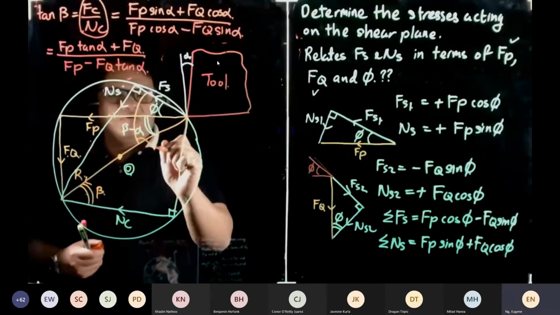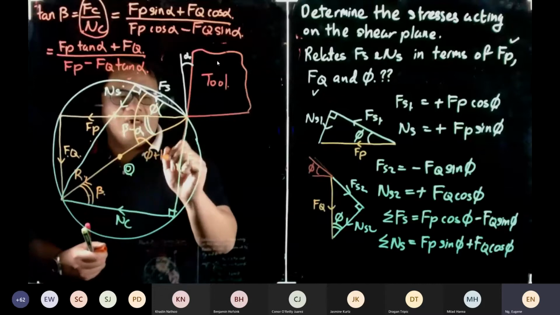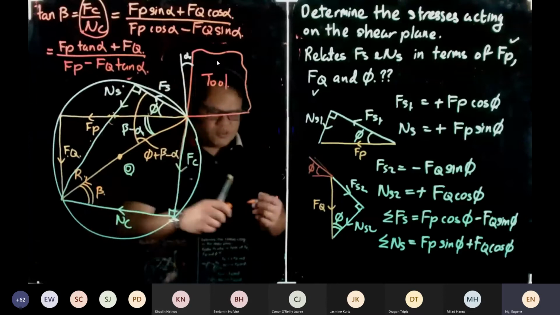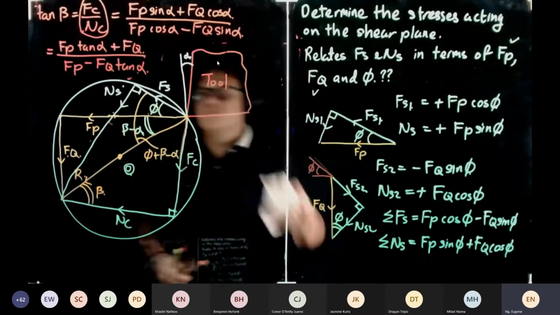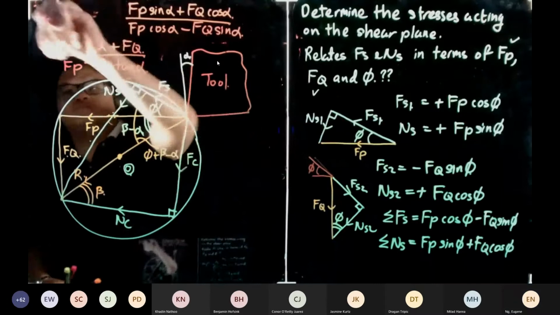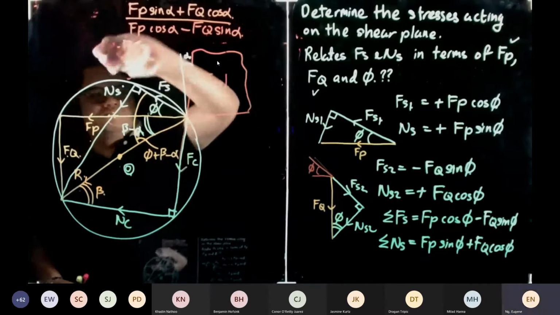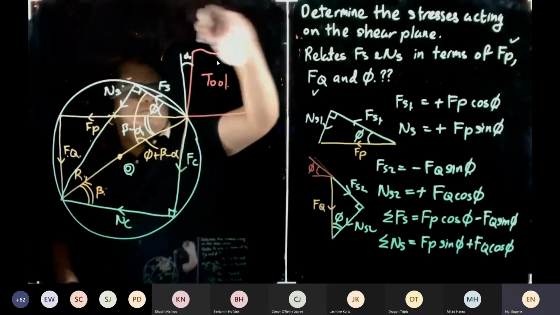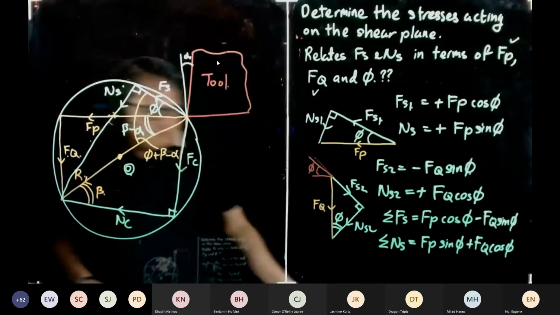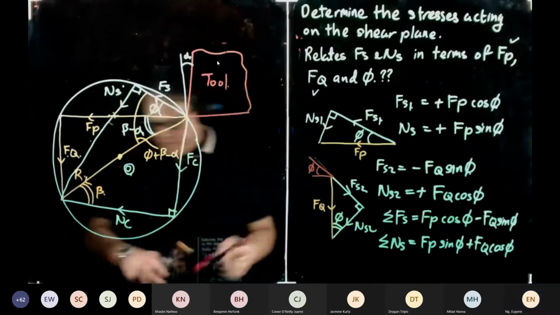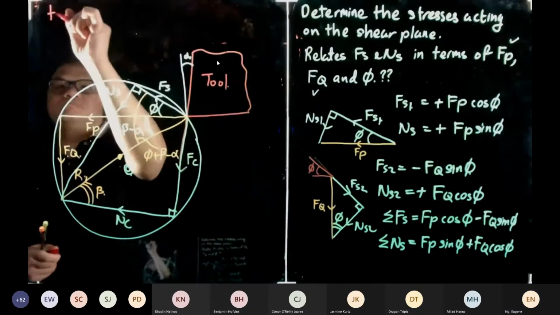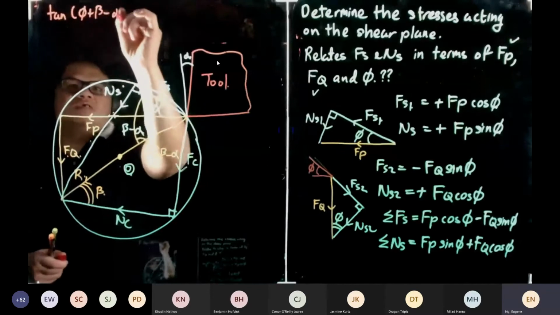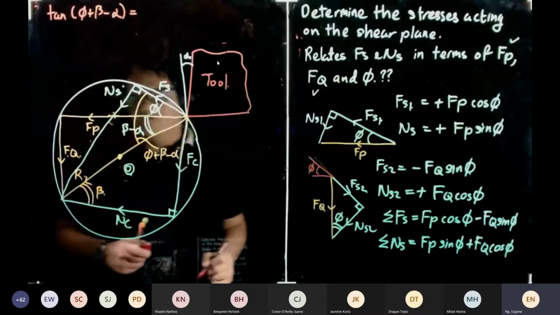Okay, so this angle over here is pi plus beta minus alpha, because that angle relates Fs and Ns. So if we do a tangent of pi plus beta minus alpha, this will be equal to Ns